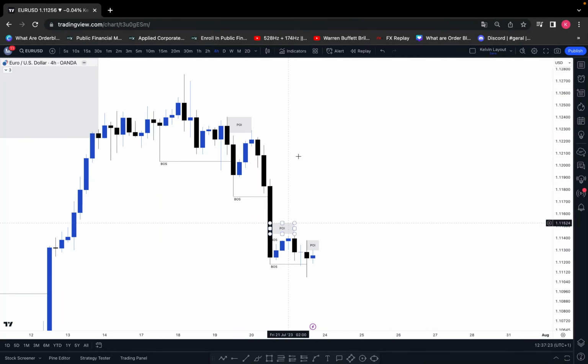Now, New Zealand dollar is very clear. The outlook is very clear from the monthly time frame. We've seen it multiple times, but it's always good to do a quick refresh. So if we look at the monthly, we can clearly see that the structure is absolutely bearish, right? Break of structure, price came back to the extremity of this previous high, and now we're seeing price pull back all the way down. So our expectation is to see price take out this monthly low and maintain the bearish flow. Then we drop down to the weekly